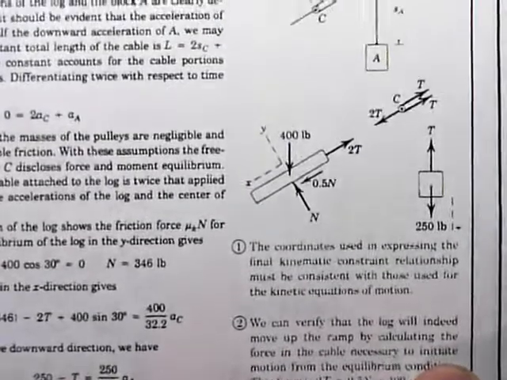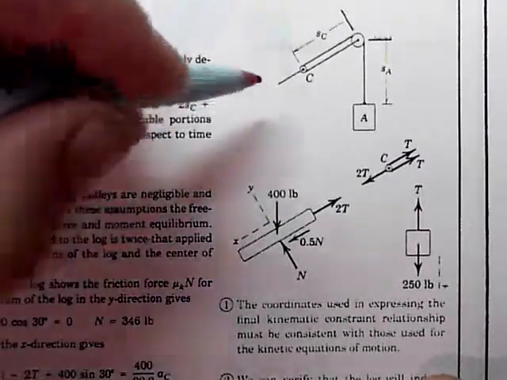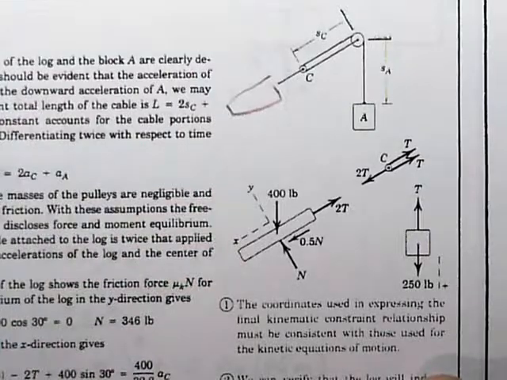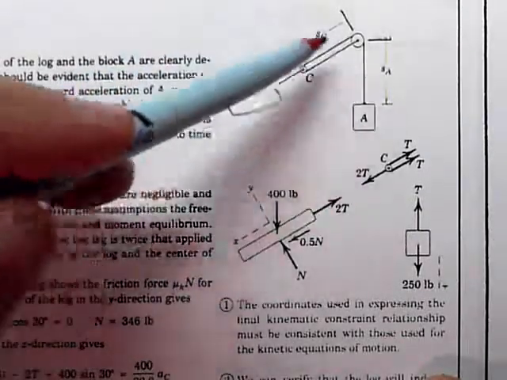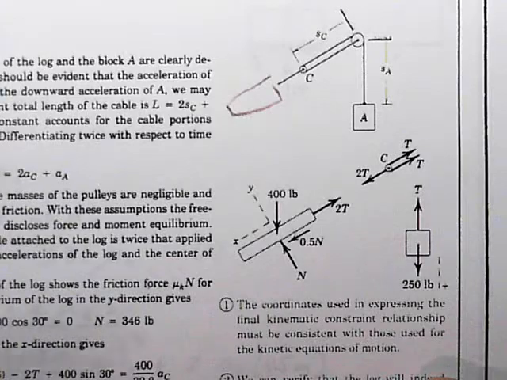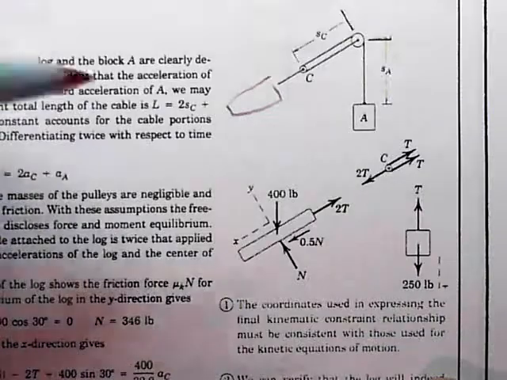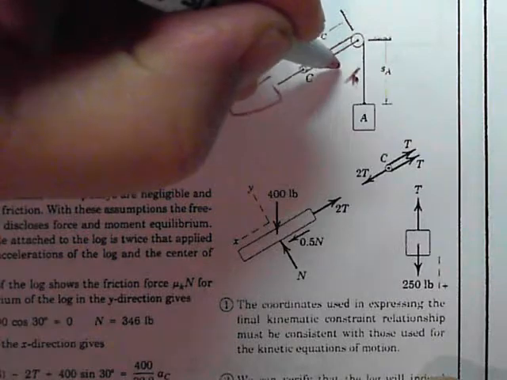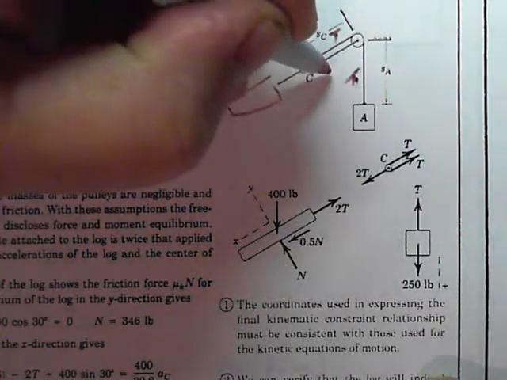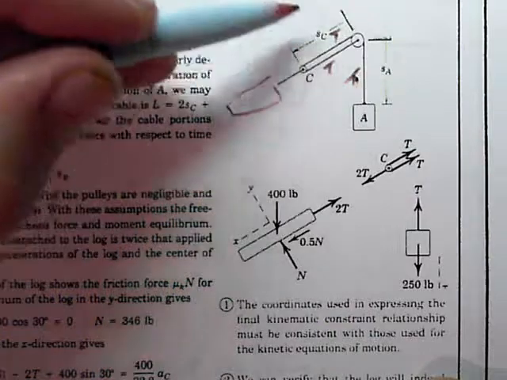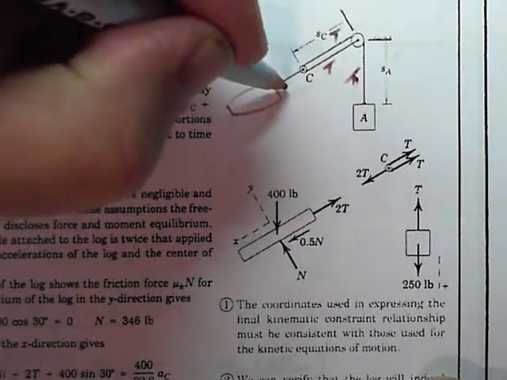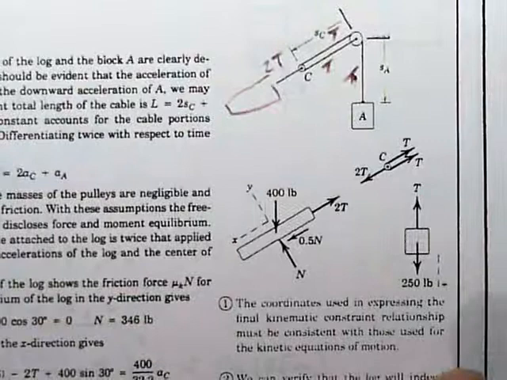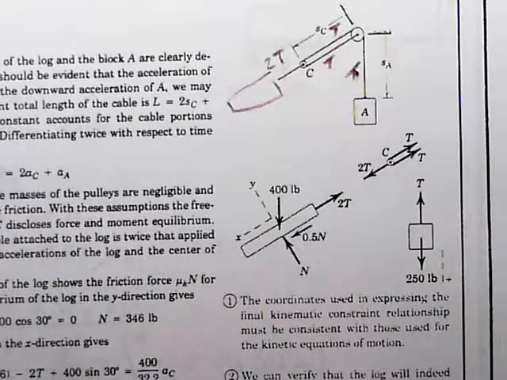Now, looking at the complete system, of course we do have the log right here. We have a block and tackle or a pulley system, and so we do need to understand how the tension forces in the rope are distributed. And so what I would say is I have 1 T in that rope there, and I've got tension in the rope as it comes over, and I've got tension in the rope as it comes around. And so we've got 2 T on this side, and since the pulley is massless, there is 2 T acting on that side. And so we'll draw free body diagrams, and we will cut the rope for each one of